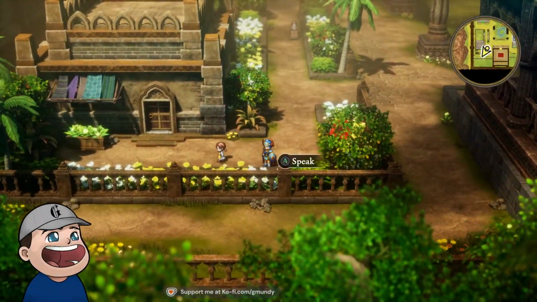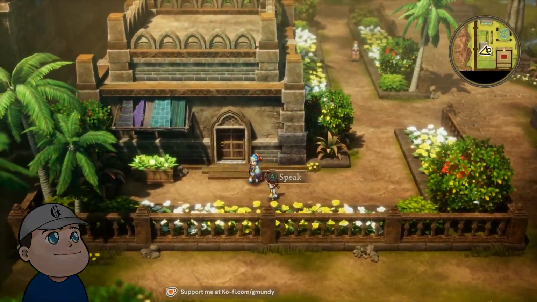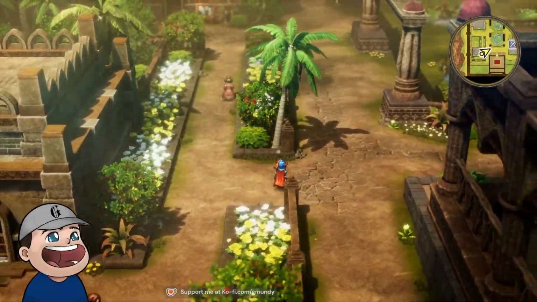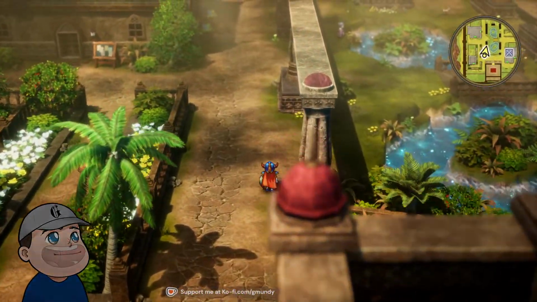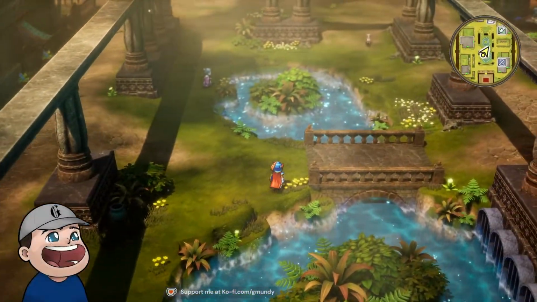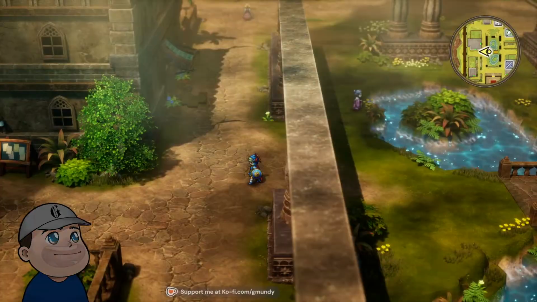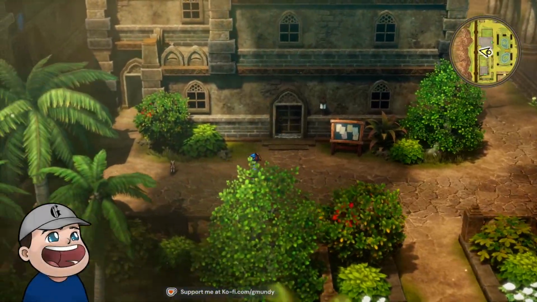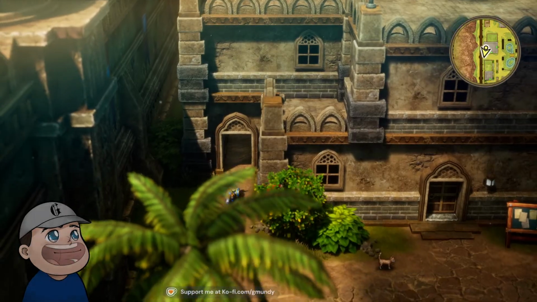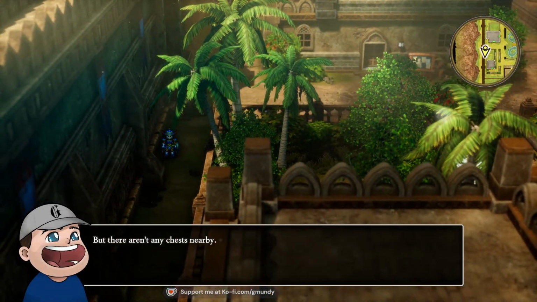So if I was to hide an item, it'd probably be over in this area, honestly. I wish Peep gave us a better look of where the chests actually were. You have to be standing right next to it for it to actually cast and see inside of it, which makes sense.